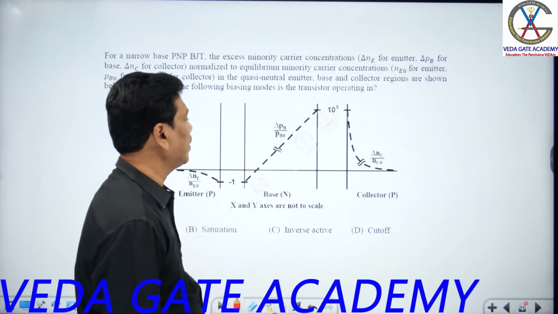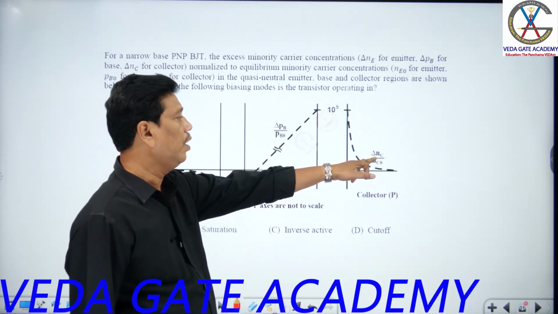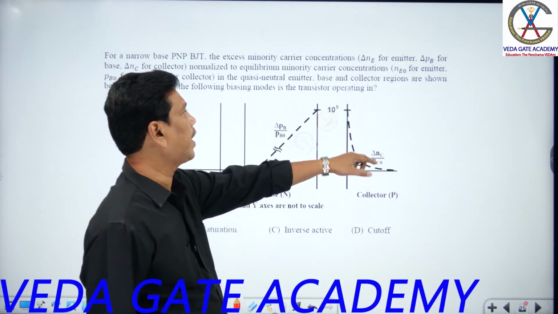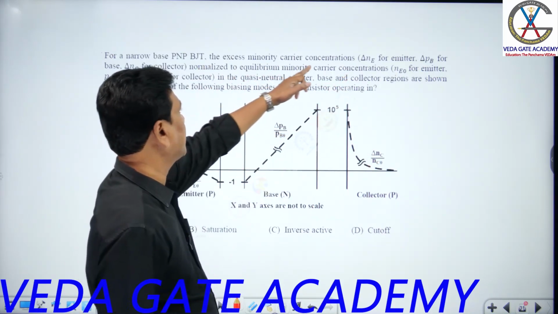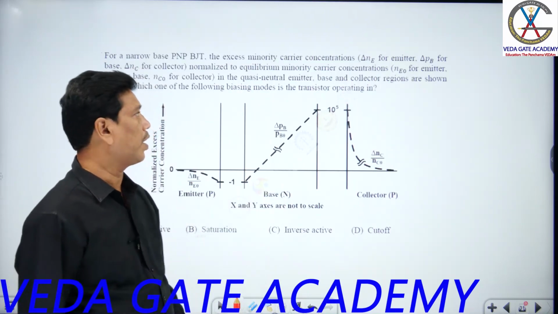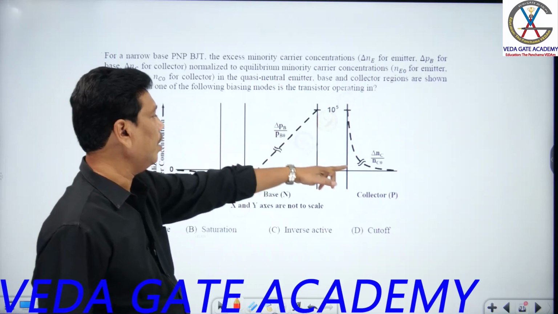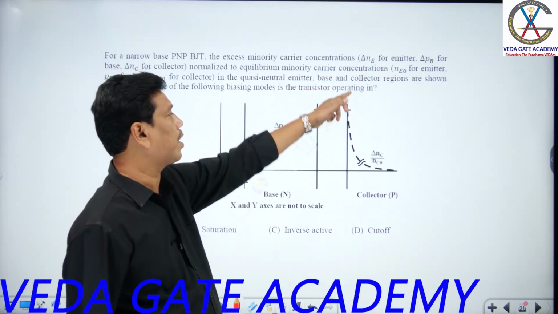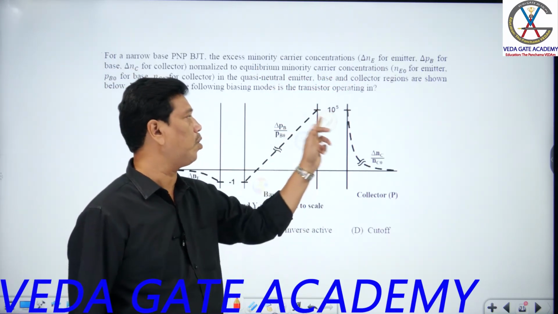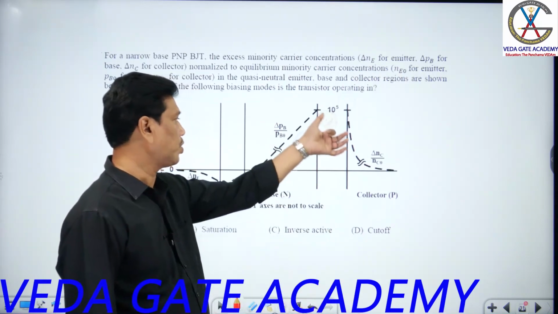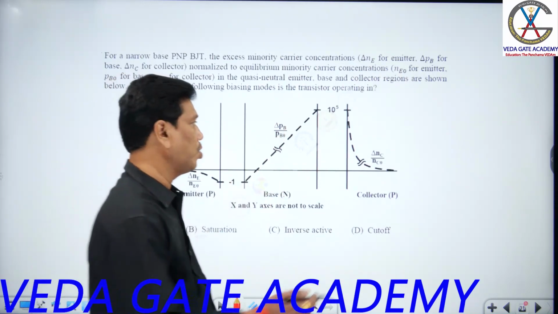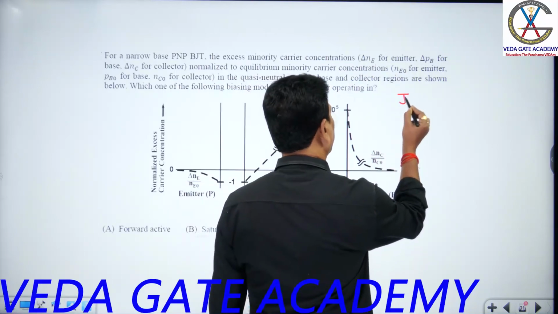Or you can say it the other way: the ratio of the excess minority carrier concentration, delta Nc, which we already know, to Nc naught, the equilibrium minority concentration, is about 10 power 5, which is positive, such that the collector junction is forward biased. Understand, students? JC forward biased